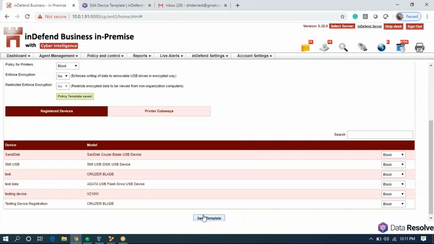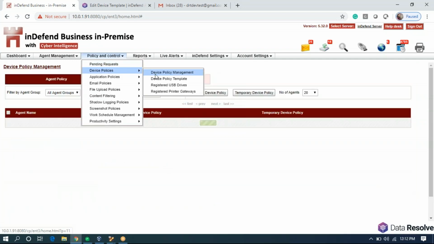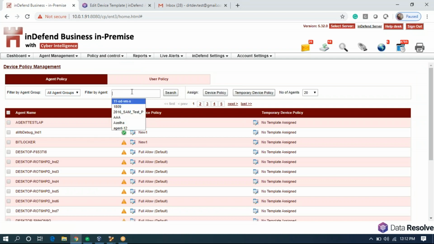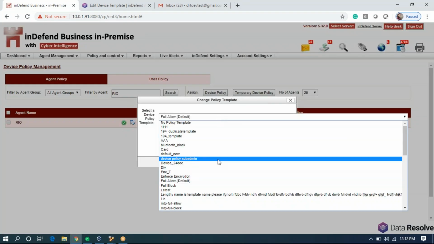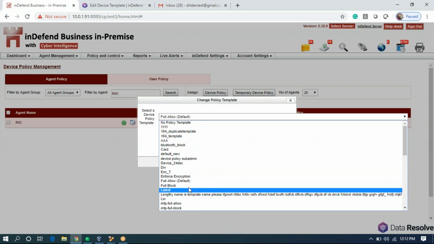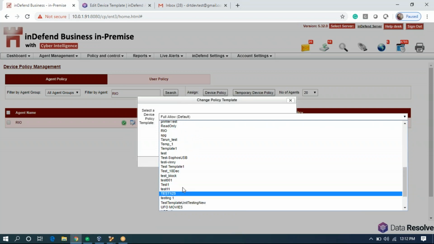I'll save this policy. I'll go to device policy management. Our agent name is also Rio. We'll search our agent and we'll apply the policy that we just created. So our policy name was also Rio. So we'll search Rio and apply it on the system.